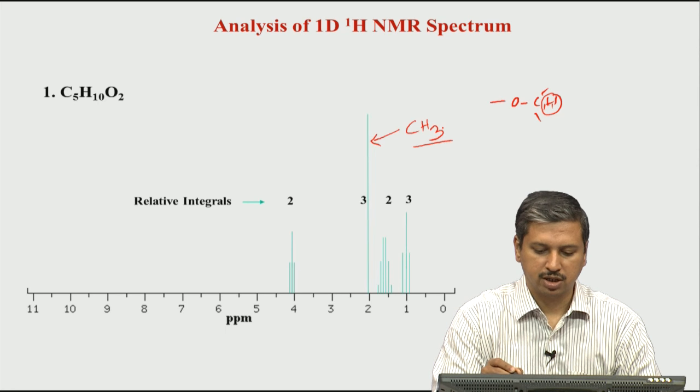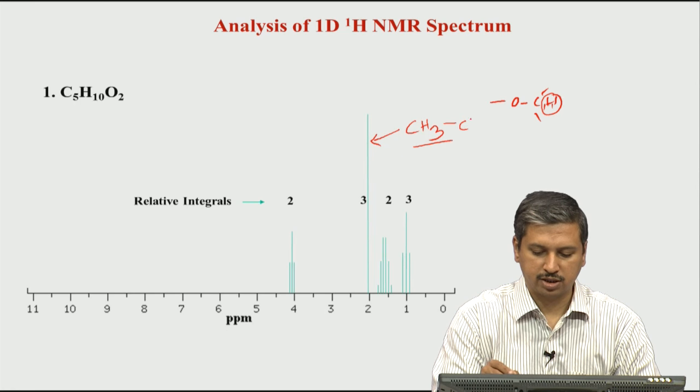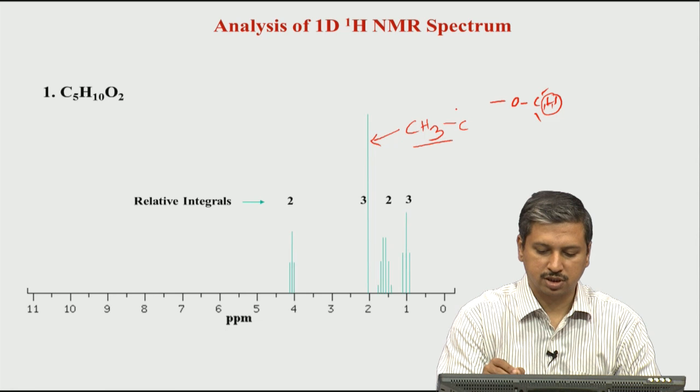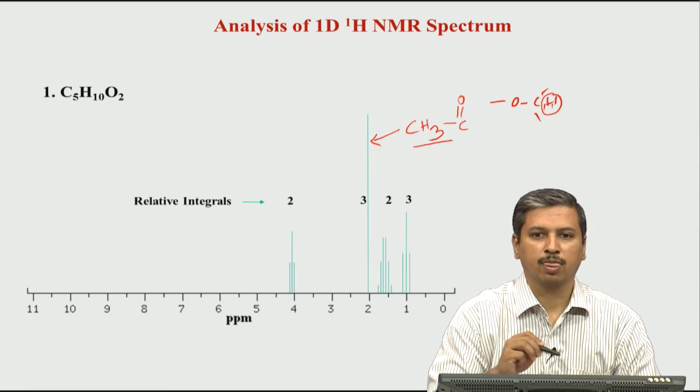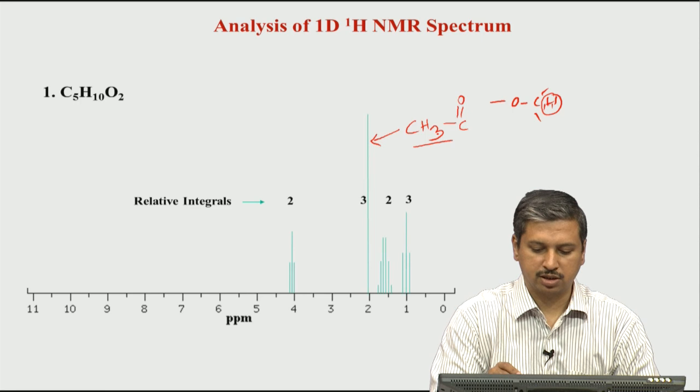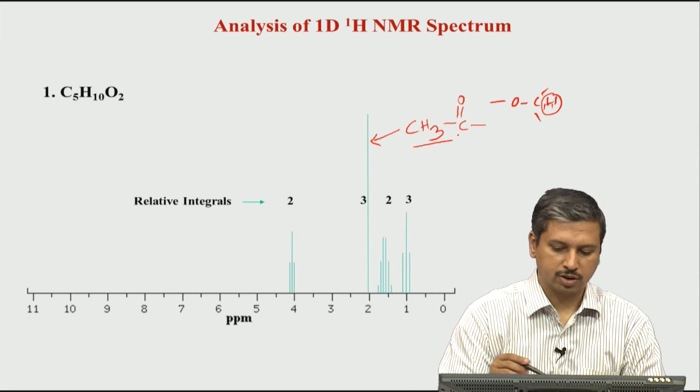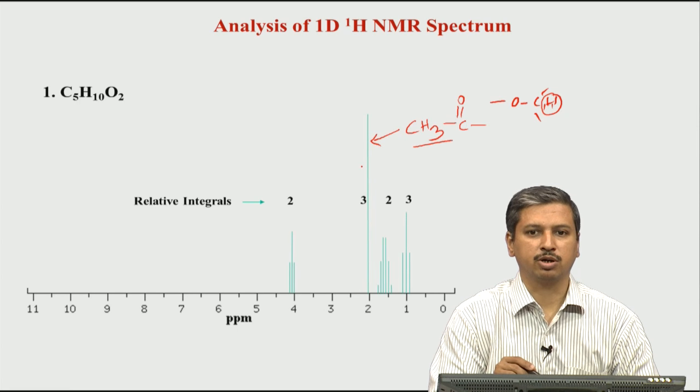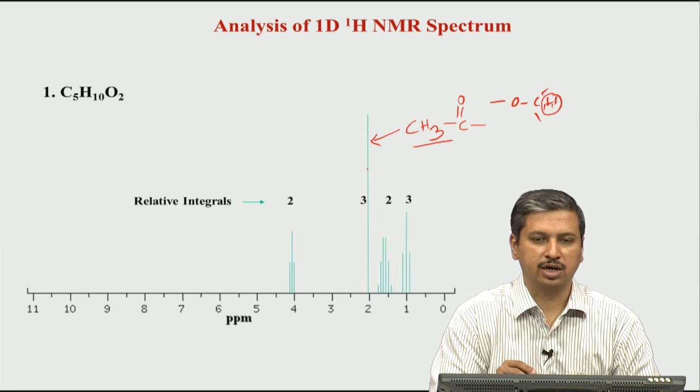So, what that means is that most likely this is attached to a carbon, and this carbon does not have any hydrogens, because if it had a hydrogen, it would have coupled to that hydrogen and this would not have been a singlet. The fact that this peak is a singlet means that it is attached to a CO, and therefore this CH3 has no hydrogen to couple with. So, this is the way to interpret this particular peak, which is showing a singlet, a tall peak, and